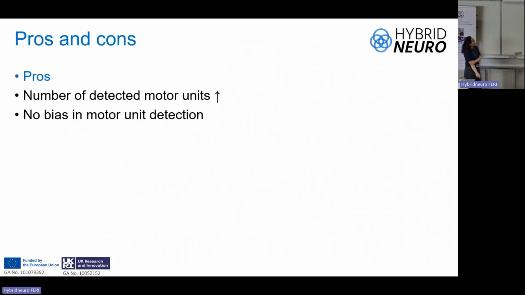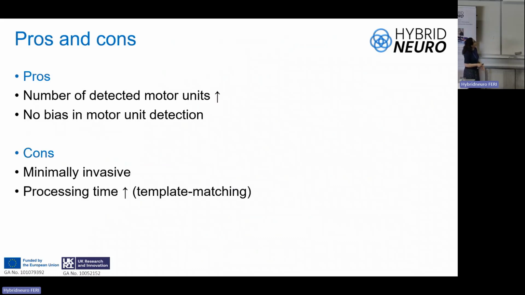What are the pros and cons of this technology? We can detect many units, both small and big units, but in this case we also have some negative sides. These electrodes are invasive, even if minimally. And if you process them with template matching techniques, you need to spend much more time. I don't know if any of you have ever done spike sorting, but it's a very time-consuming job. And of course, if you increase the number of channels, you also increase the time you dedicate to process these